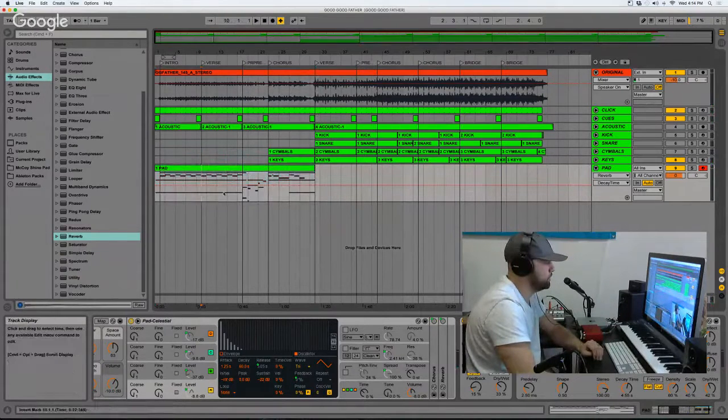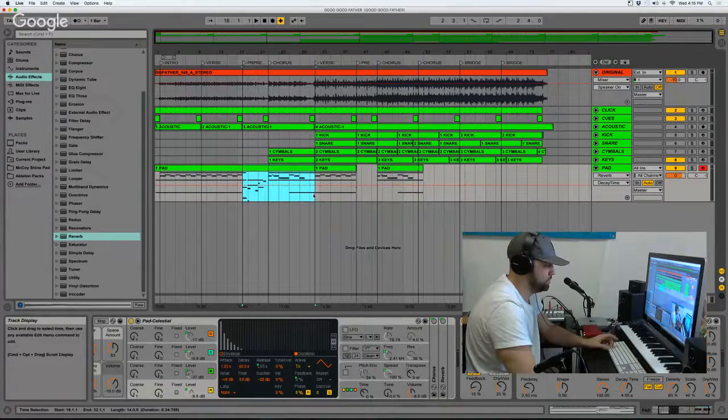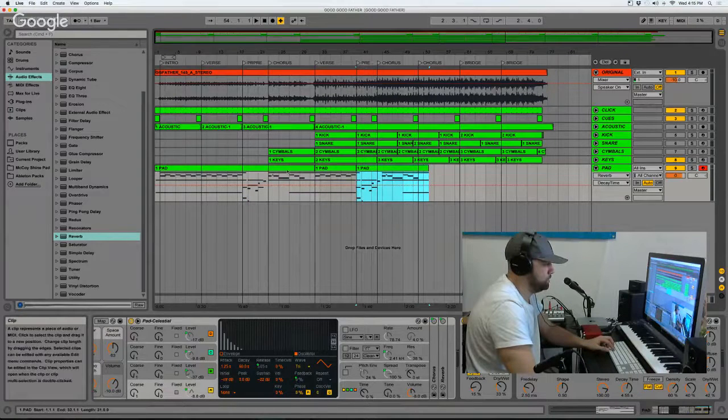So I'm just going to take the sample here. Let's see. Copy that and put it in the verse. Take the chorus. Command C to copy and then put it back in here again. Same thing with the pre-chorus. Actually, I can just take this whole thing, pre-chorus, chorus. Copy it and then paste it. That'll be good. We'll do chorus again. I actually like this right here though. So paste, paste,